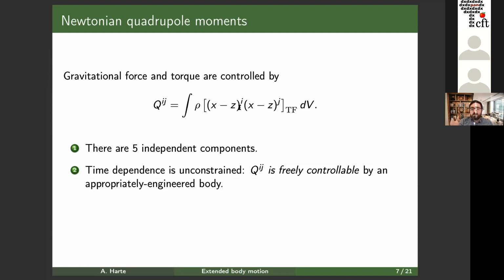So this means that if we wanted to imagine that we could build an object, a spacecraft, let's say, we could engineer this spacecraft to have Q do whatever we want, up to some bounds given the size of the object, but we could make it control its Q. And if we control the Q, we can control the force that's acting on the object, and perhaps we can control its motion. So this is what I want to focus on. But once again, free fall is not universal. Different objects will have different quadrupole moments. They will fall differently.